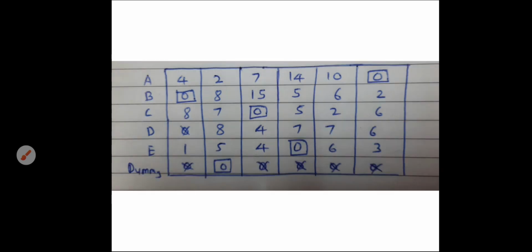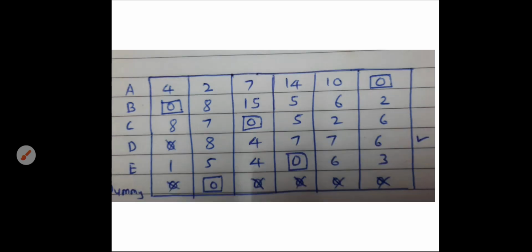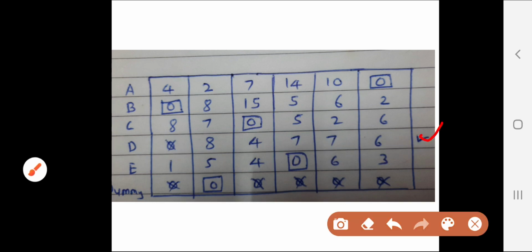You choose now the rows where there is no assignment. First row is assigned, second row is assigned, third row is assigned, fourth row it is not assigned. So you choose it and make a tick mark there. Later on, in that row, if there is a crossed 0, that column you mark.